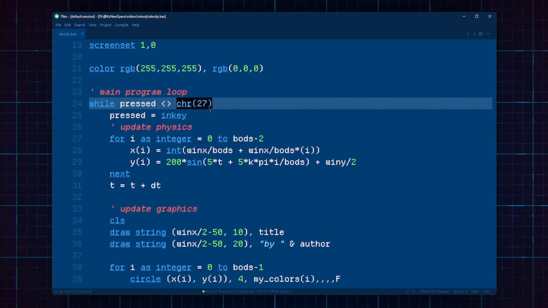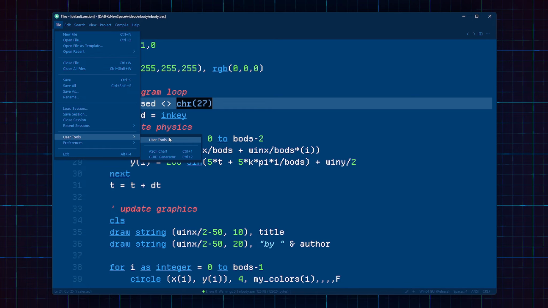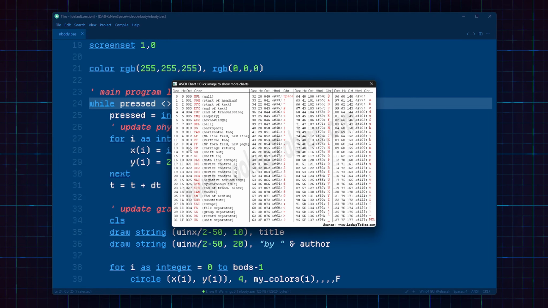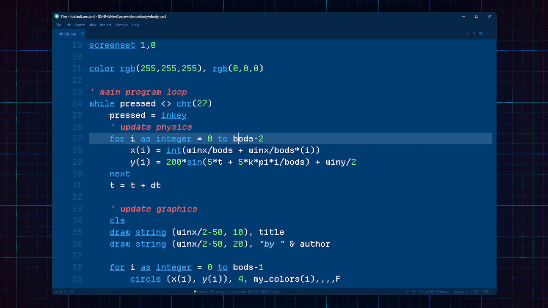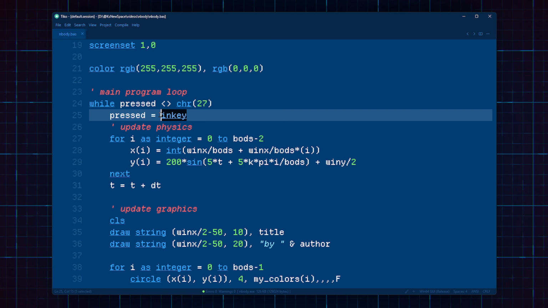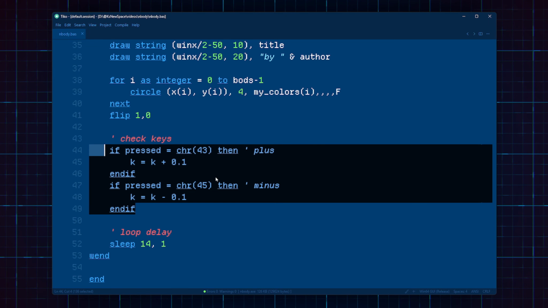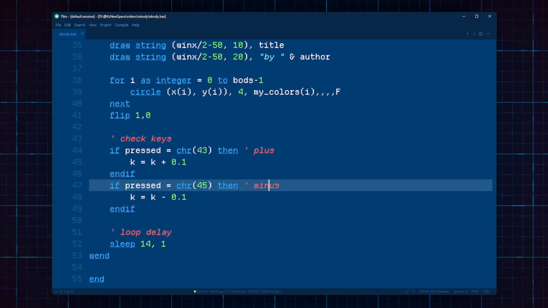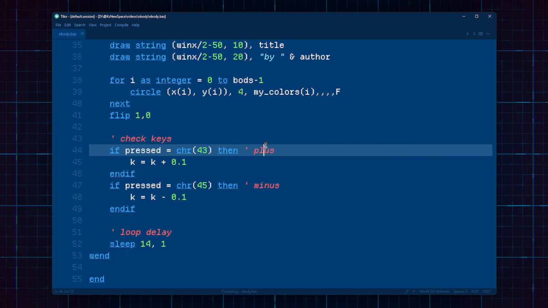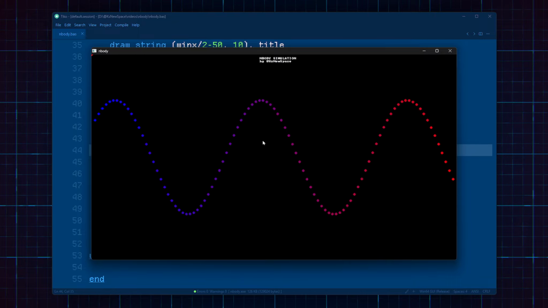This repeats until I press escape, which is the character 27. And what the character 27 is, I can check in the ASCII chart here. It is escape. I also define a variable pressed to the key pressed in key, so that I can use this value over here to check which keys are pressed, because I want to actually change the wave, pressing plus and minus. Let me try it again. I now press plus